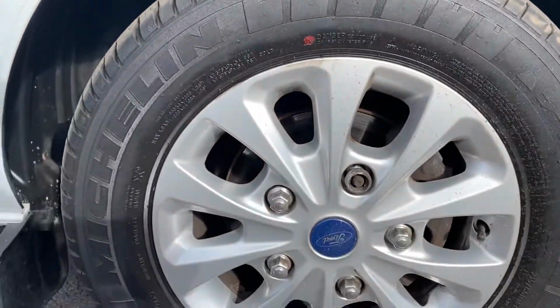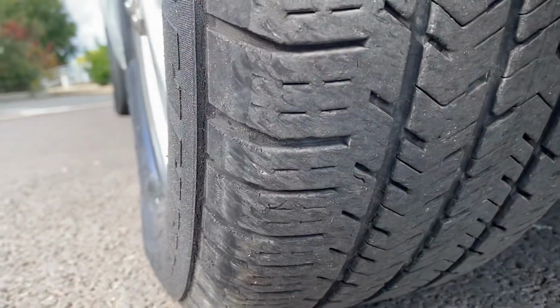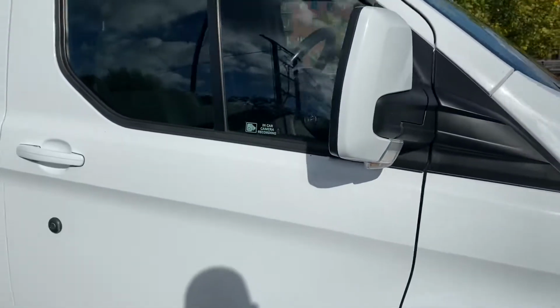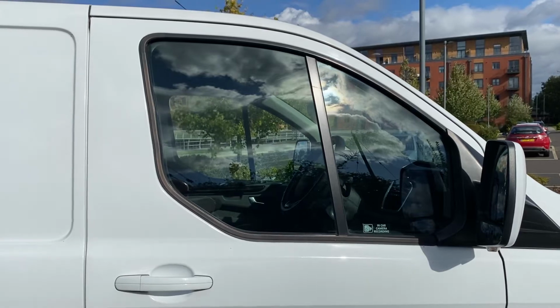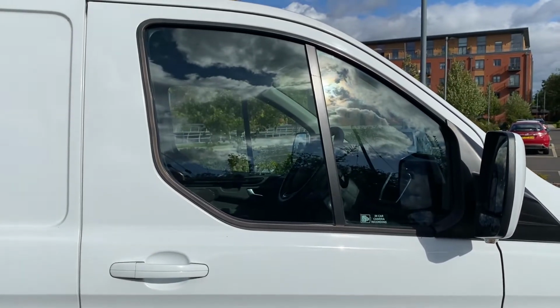You have a Michelin tyre fitted to it, locking wheel nuts as well, and that tyre has plenty of tyre tread depth left on it. Hopefully you can see there on the video. Just to let you know what our stance is on tyres, anything less than 3mm we've replaced as part of our pre-delivery inspections, the legal limit being 1.6mm, and the new tyre comes in, depending on the brand, between 7